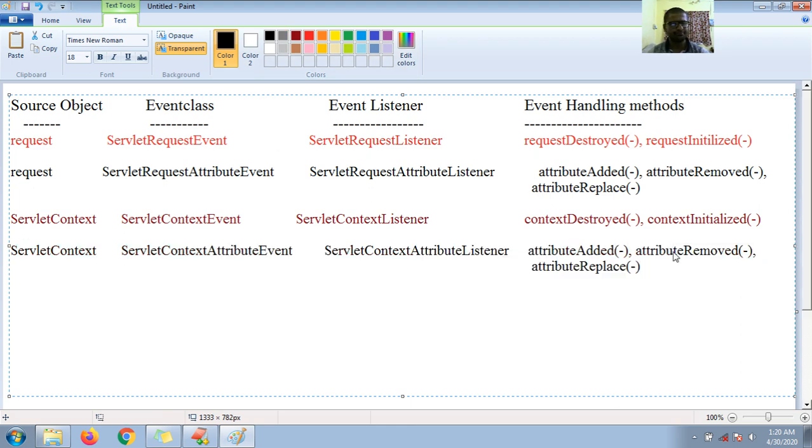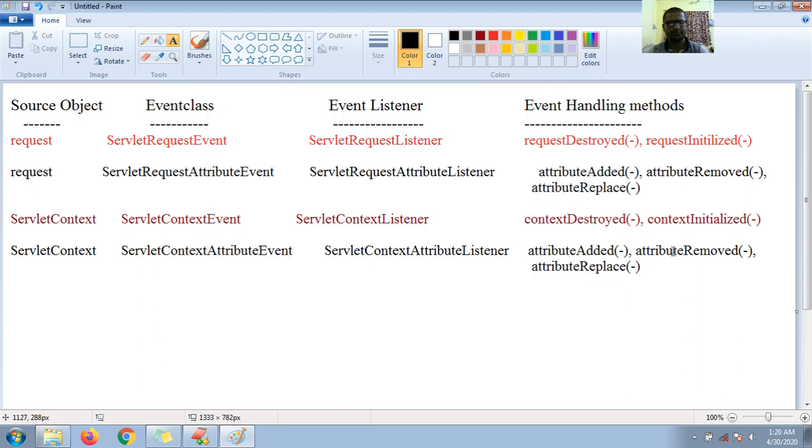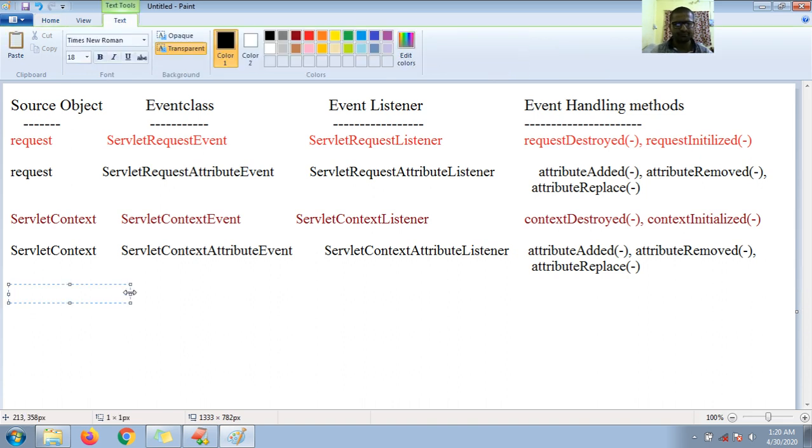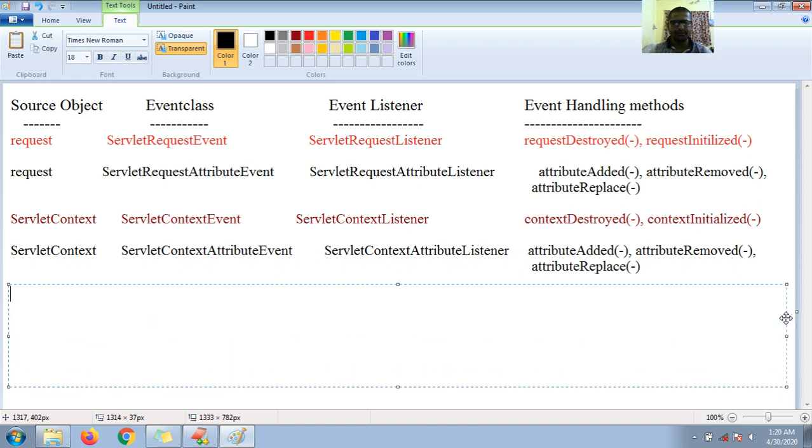Then we'll go for HttpSession now. So here let's work with HttpSession. I need its appropriate event class name, that is HttpSessionEvent.